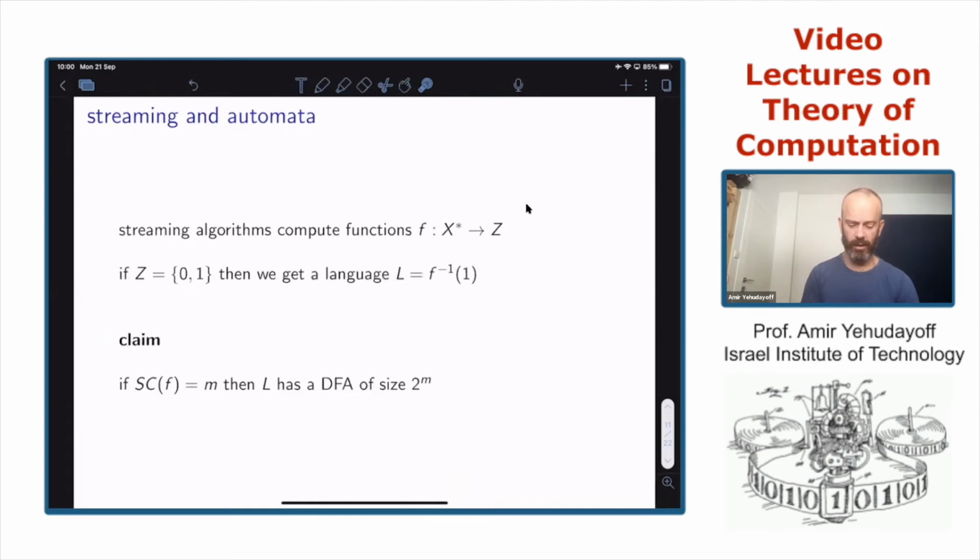And this is actually an equivalence between the two notions. So far, the streaming perspective and the finite automaton perspective are very similar, except that here we allow computing non-Boolean functions. We did not just focus on languages, we allowed more abstract, more general computations. So this is the connection backwards to finite automata.